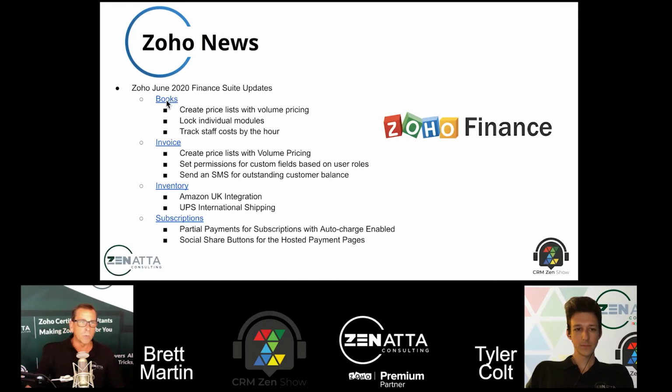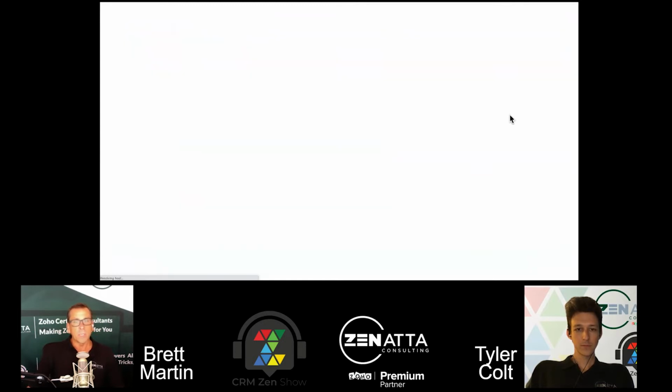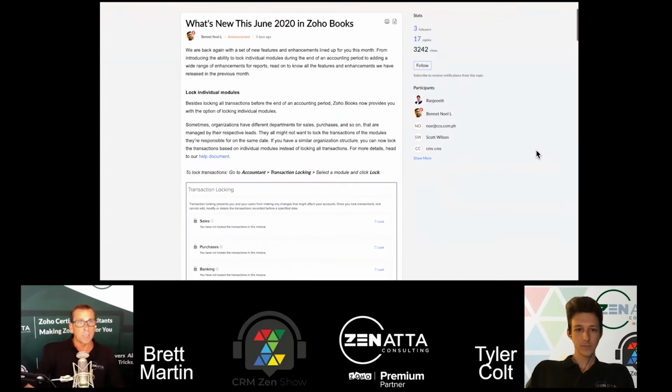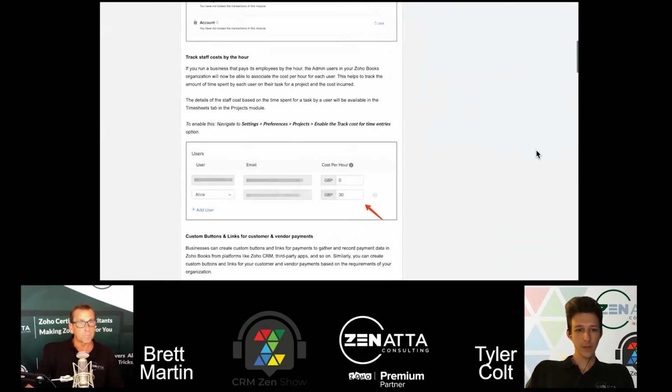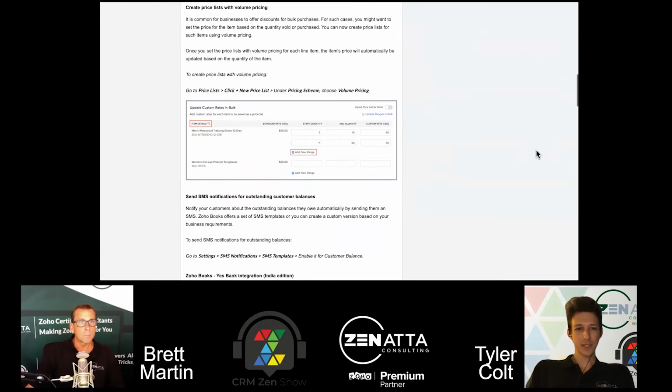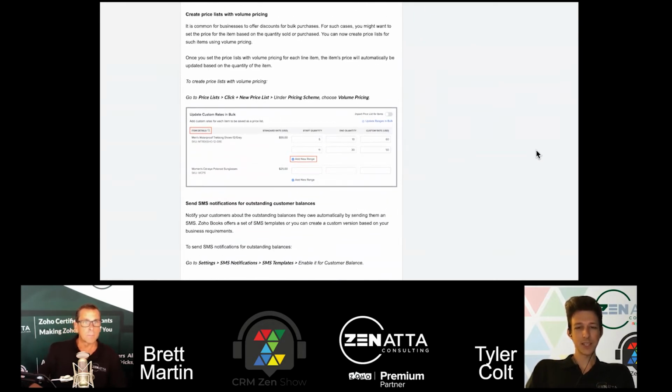So if we'll start with Books, I think the one that jumps out, and this also carries over into Invoice as well, is you can create price lists now with volume pricing, which is just huge, and a whole bunch of other things. Yeah, and it's interesting because you could already create price lists with volume pricing in the CRM, referencing the standard CRM quotes and invoices. So it's kind of surprising that rolled out there before you could do the same thing inside of Books, but